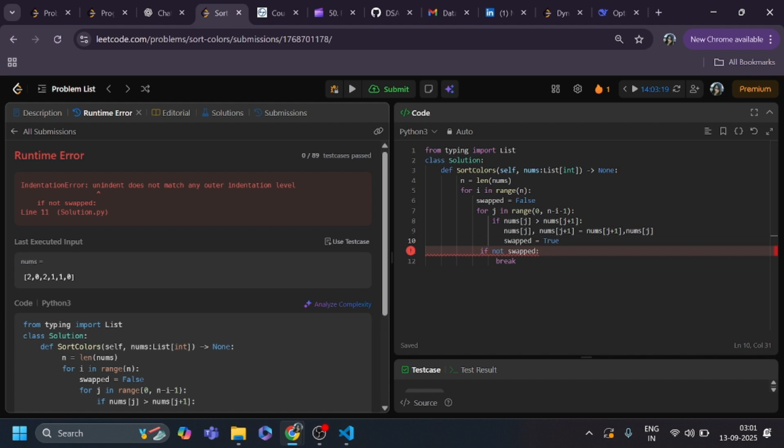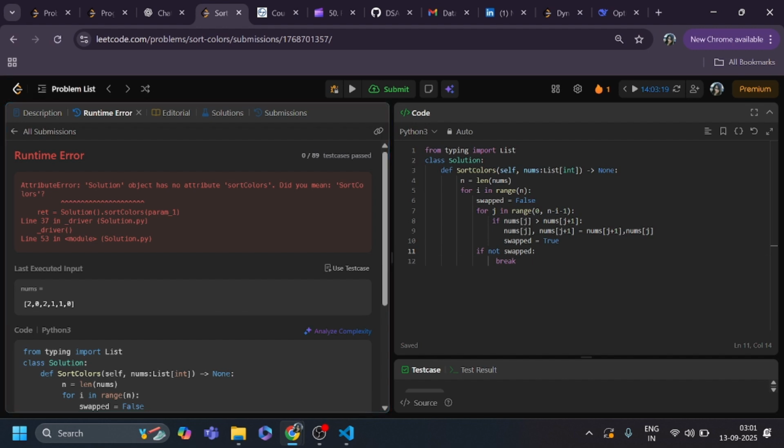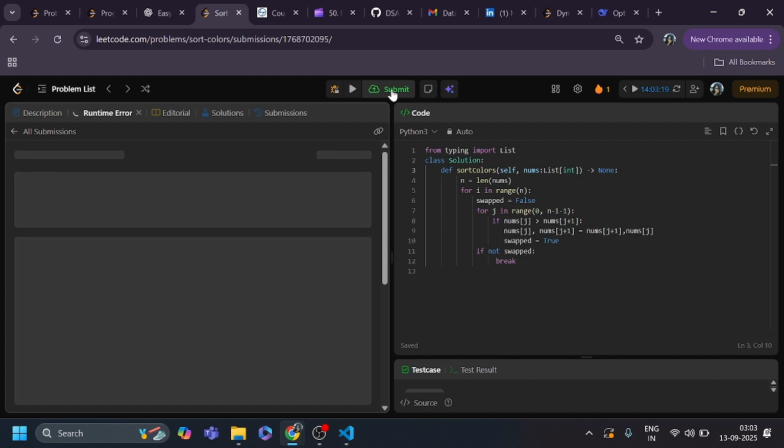Then: no attribute sortColors, did you mean sortColors? Actually, I think this should be a small s, because the class name is already defined by LeetCode.